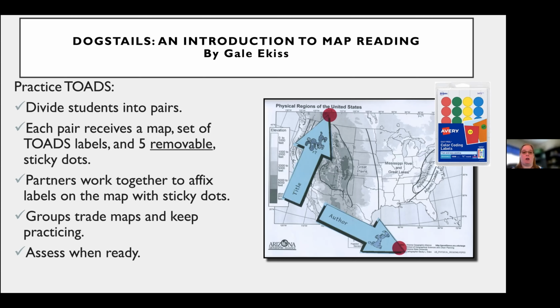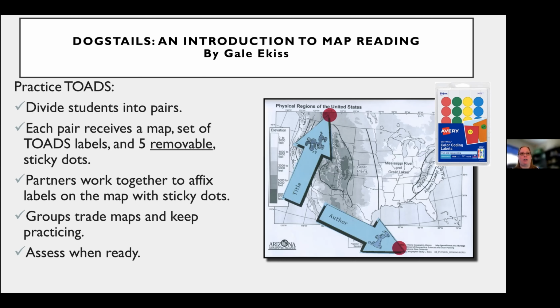If you are a member of AAA and they still have some of their maps, you can use those. When you come to our conference in September, which more information will be sent out later, you can get some maps from us. We always distribute some maps during that. So there's lots of ways to get your hands on maps to use in your classroom. We also have tons of maps on our website. You can use those as well.